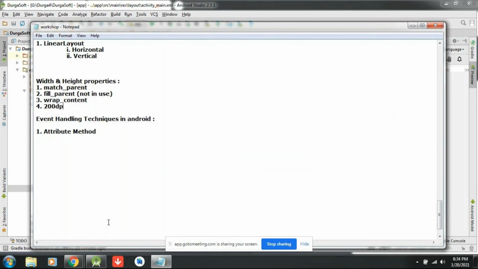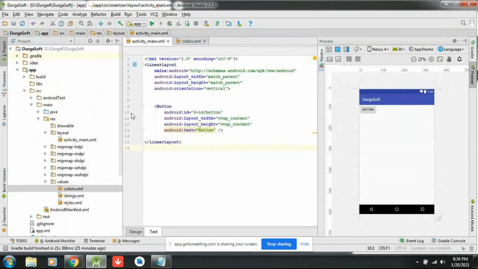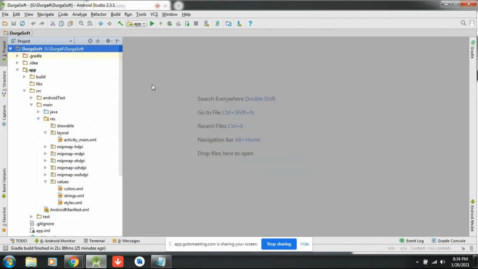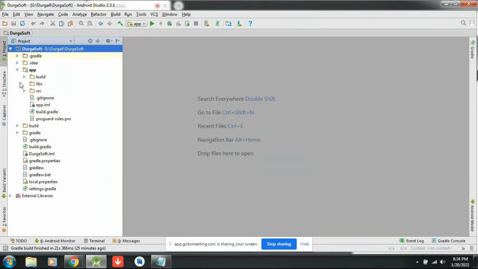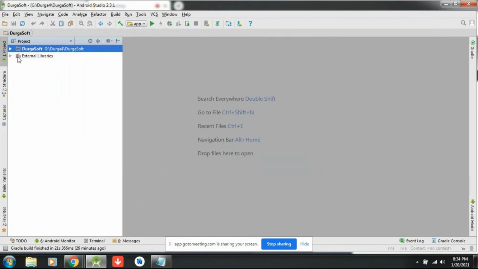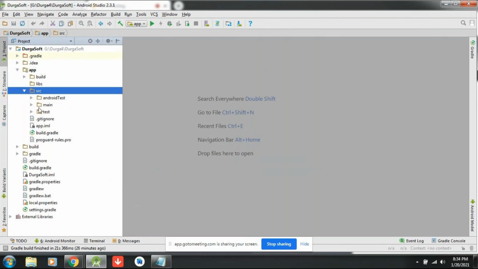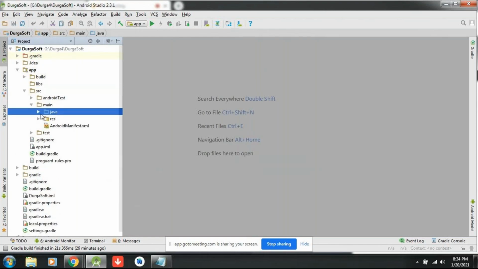Already we created the Durgasoft application, and this is my XML. Where is your XML available? Let me open it like yesterday: Durgasoft app, src folder, main folder, Java folder.